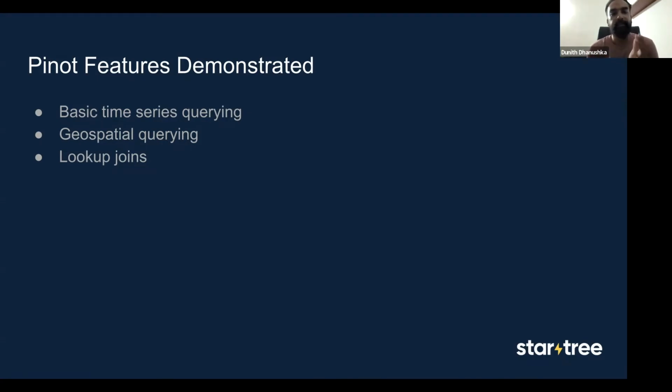Each event, each GPS recording, is tagged with a timestamp, so we'll do a series of time series filtering and group by operations. And then we'll do a couple of geospatial queries because each reading comes with a latitude and longitude pair. And then we'll do lookup joins as well.